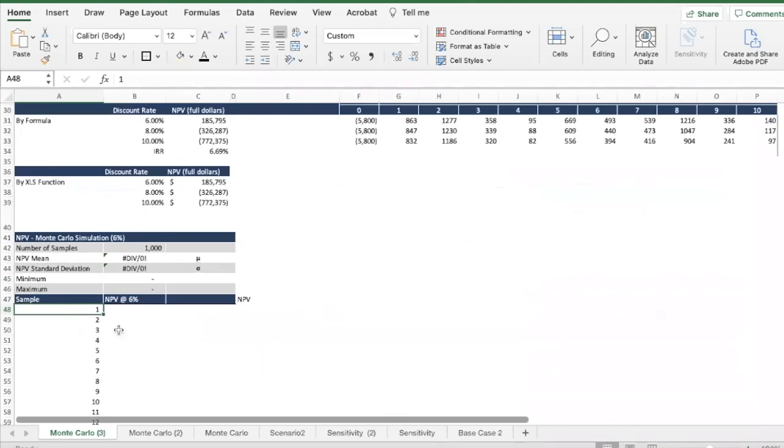All right. So now what we want is for Excel to calculate this over for us. We're going to do the first line in NPV. We make it equal our NPV. Oh, look, see, it recalculated again. Every time I hit a number, it's going to recalculate. Okay, so now I've got my NPV here. And now what we want is for Excel to recalculate this 1,000 times. So we're going to